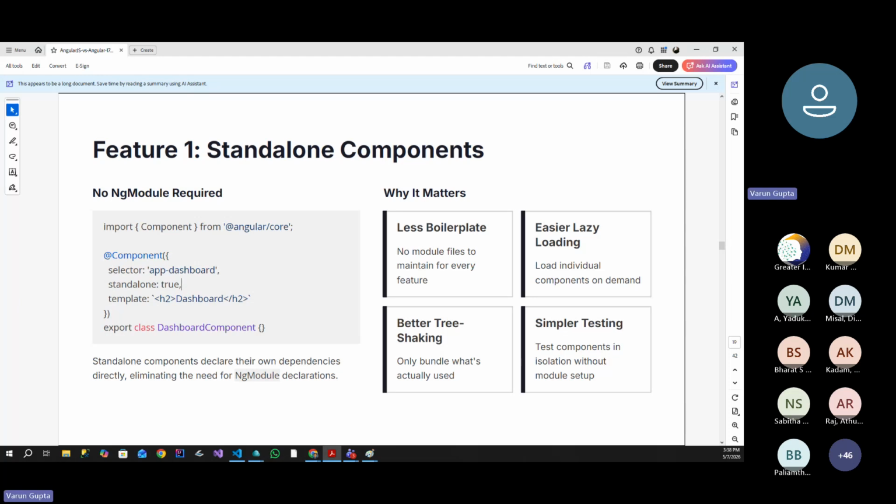Earlier, Angular applications heavily depended on the NgModule. A feature usually needed a feature module, then a feature routing module, component, services, and a shared module. But with standalone components, Angular reduces its boilerplate code, and you can now create components, directives, and pipes that are self-contained. The benefits are less boilerplate code, simpler project structure, easier lazy loading, better tree shaking, easier testing, and